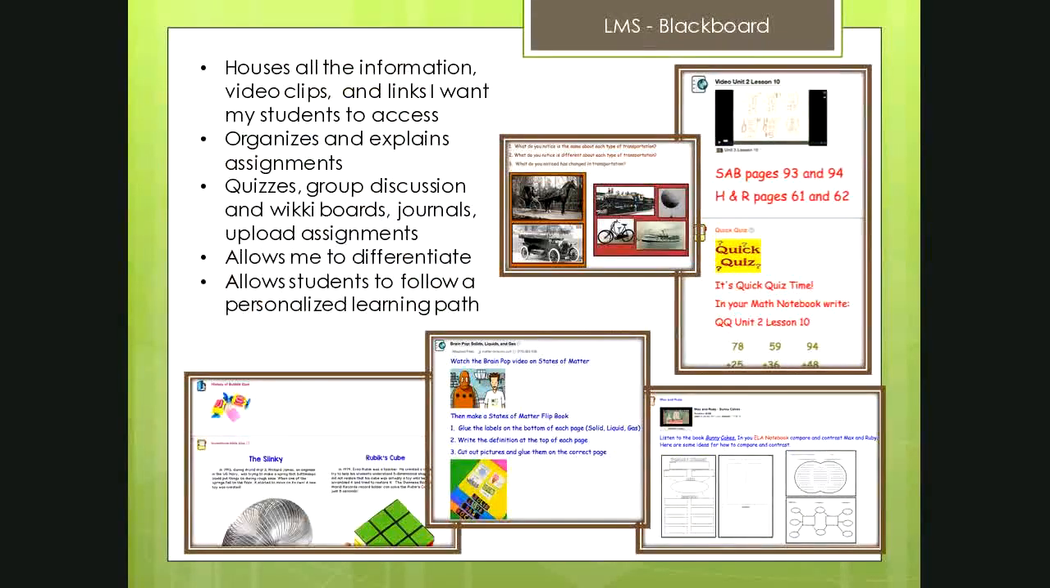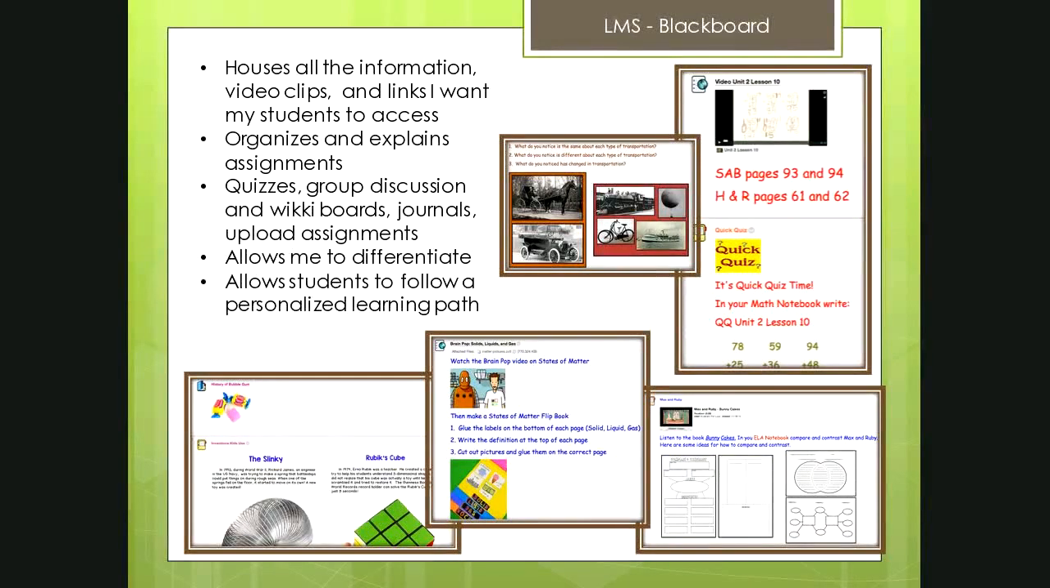So the learning management system we use is Blackboard, and I've come a long way with Blackboard. The very first year I was blending, I was afraid of it because I'm old and it was technology, and I thought, I'm gonna blow it up or something. But then once I got over that and started using it, I thought, oh my gosh, how did I do this without Blackboard? Blackboard is the place that houses all the information,